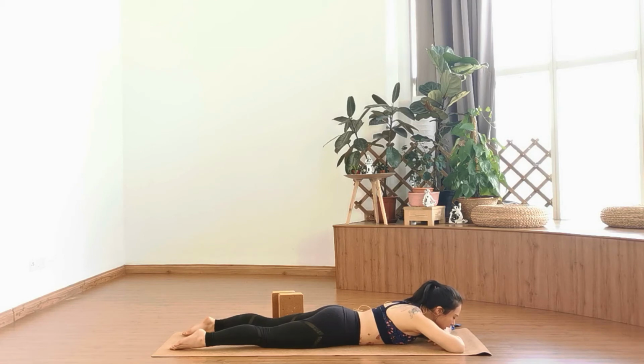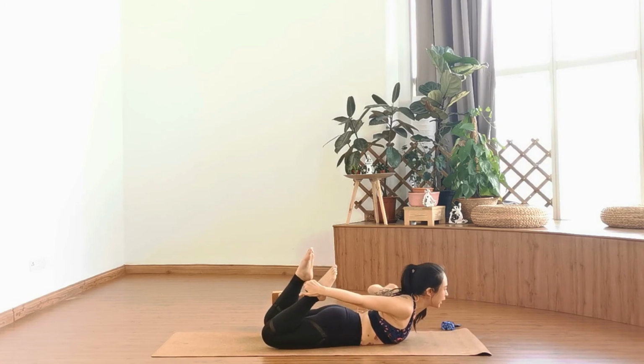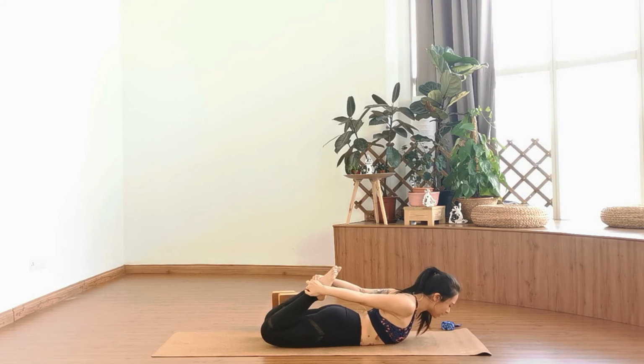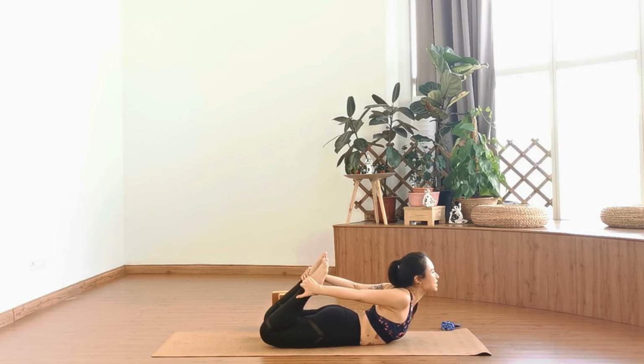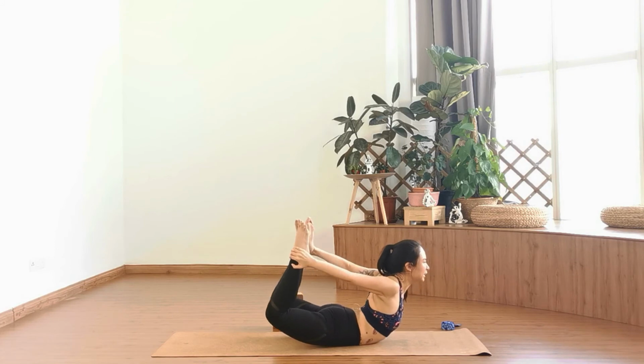And now the last pose, Dhanurasana. So bend both of your knees, point the toes up, and grab the ankles with both of your hands. When you're ready, inhale, lift the chest up, look forward, just like a cobra, squeezing the back of the shoulder blade. And on your exhale, lift your thighs off from the floor, kick the leg back, look forward, stay here